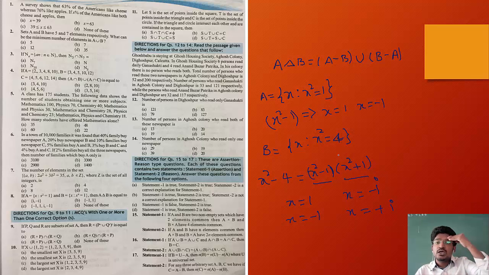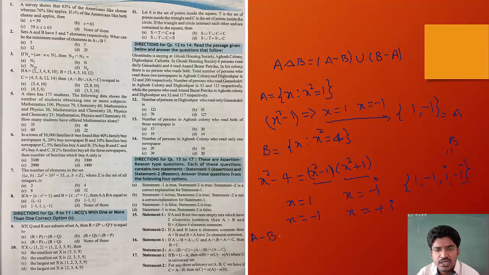So, these are going to be the values of x. From this, set A is {1, -1}. From this, set B is {1, -1, i, -i}. Clear? So, this is set A and this is set B. So, first, if I calculate